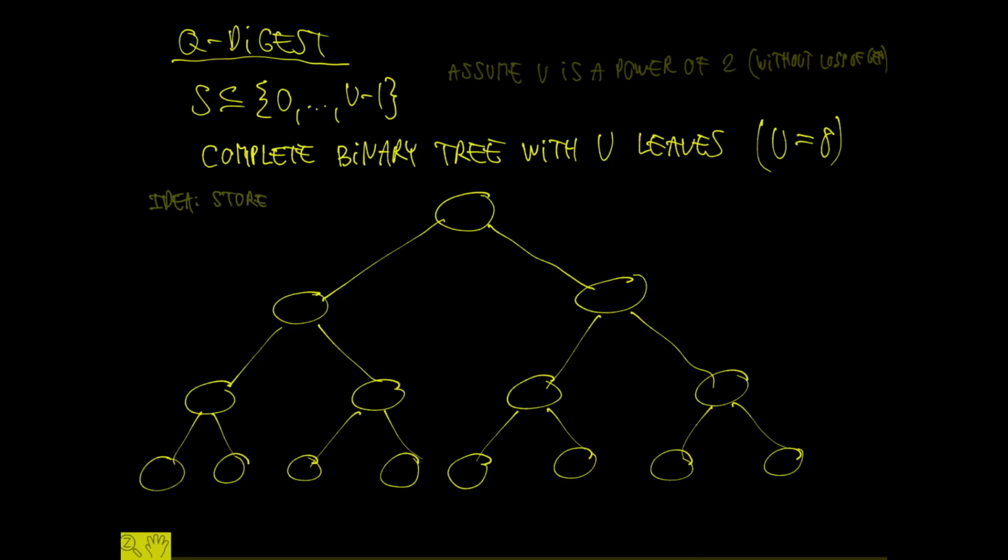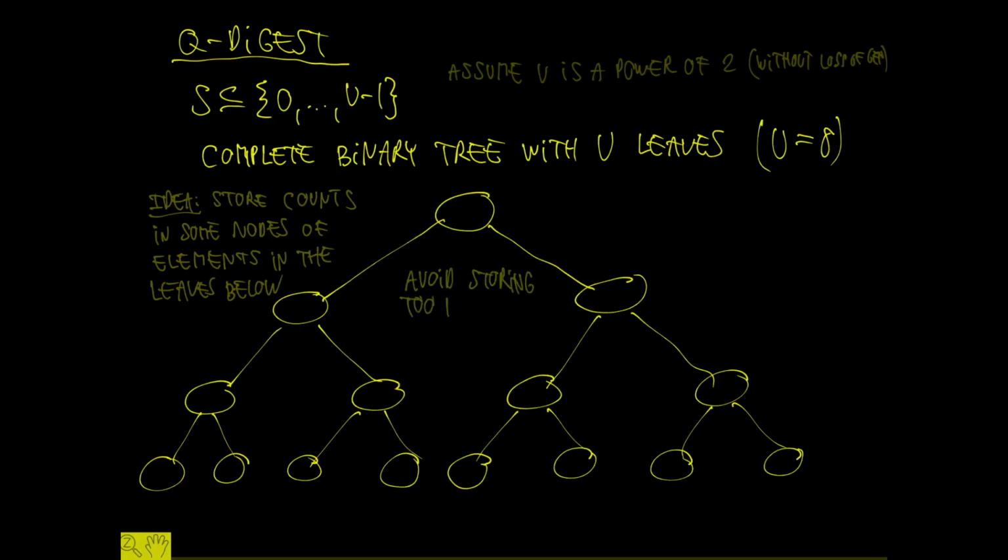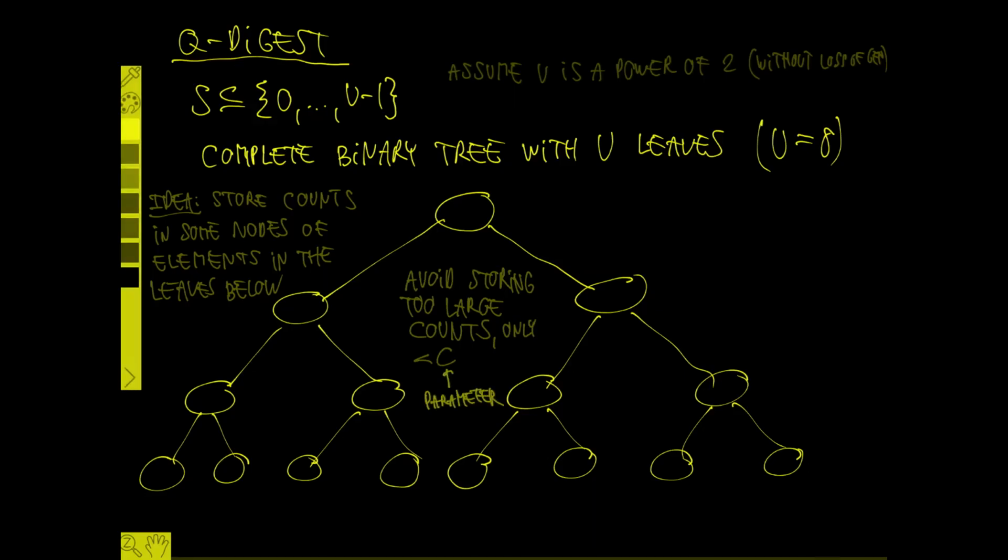So the idea is to store in some of the nodes in this complete binary tree counts of elements that appear in that subtree. So the leaves, of course, correspond to all the possible elements of the set. If we have a count in a node, we don't actually know exactly where this count comes from. So to avoid making too large mistakes in the rank bounds, we want to avoid storing counts that are too large. So we are going to limit the counts that we can store to some number c, which is a